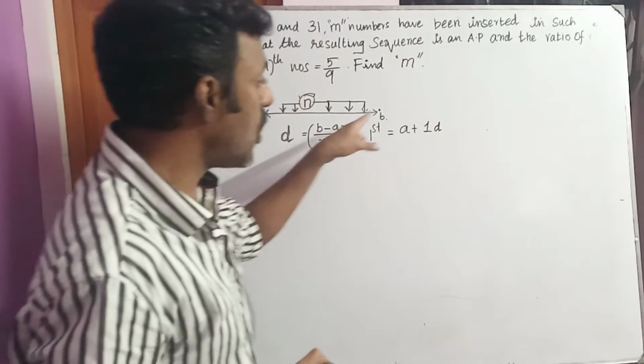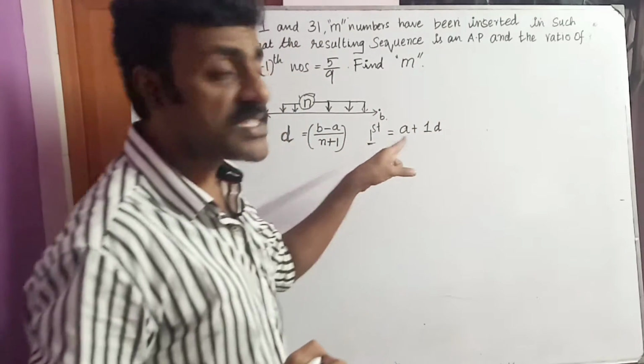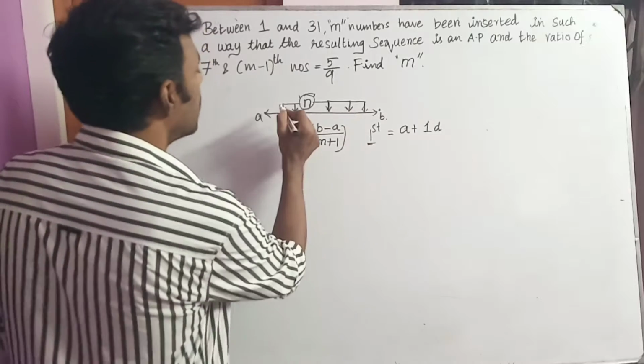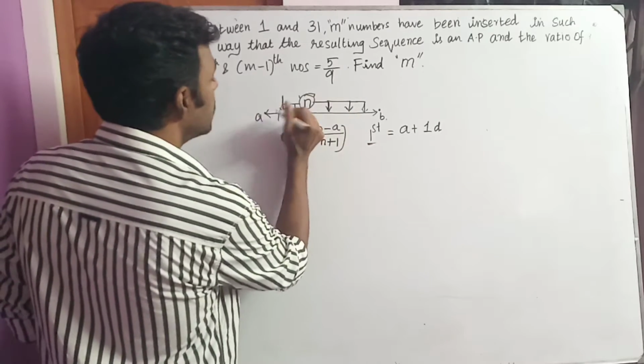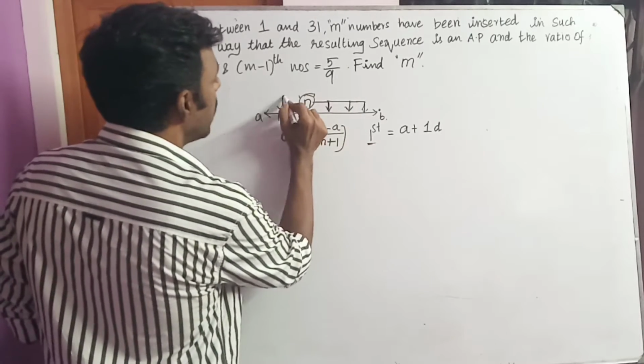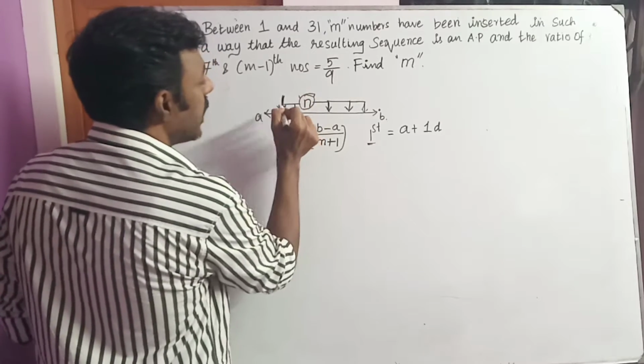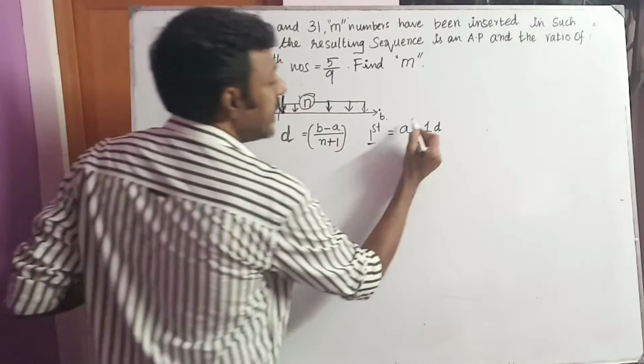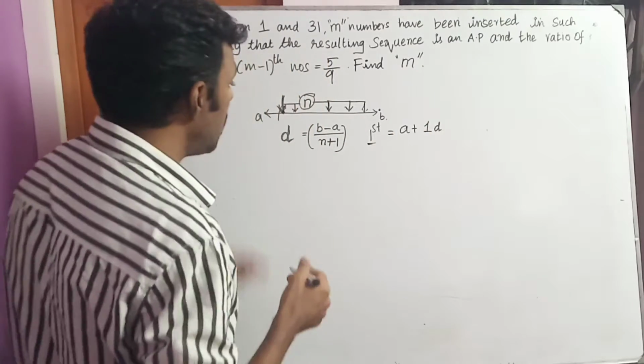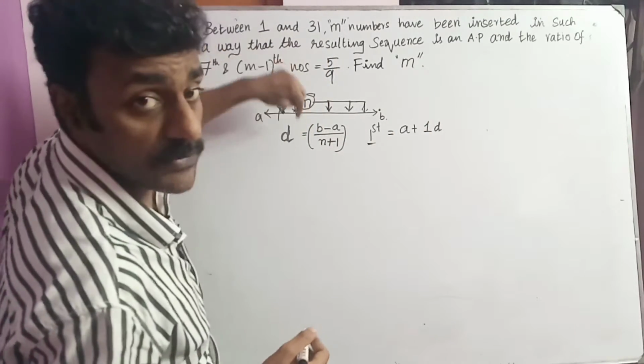This is the form of the first number that has been inserted between A and B. Let us assume that this arrow is there. So, let us assume that the general form of this number, which is being inserted over here, will take this form: a plus 1d. Similarly, when another number, the second number, will be inserted,